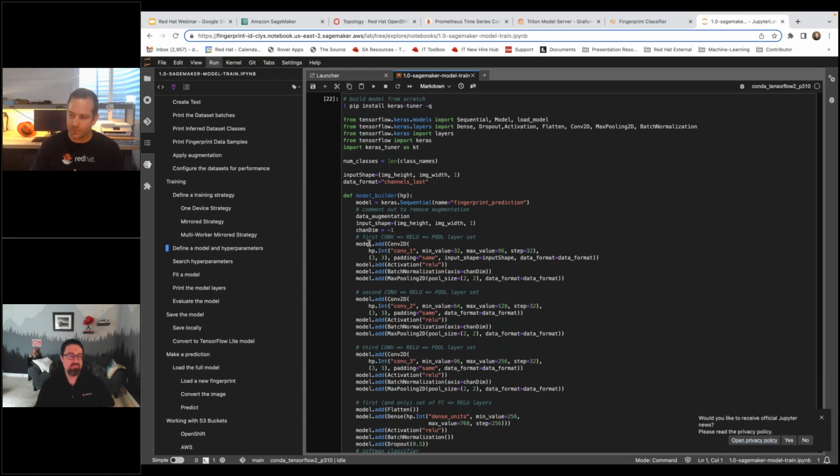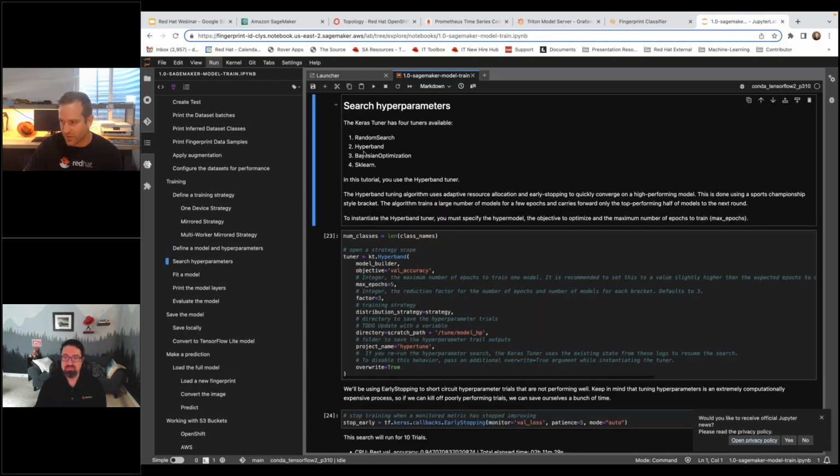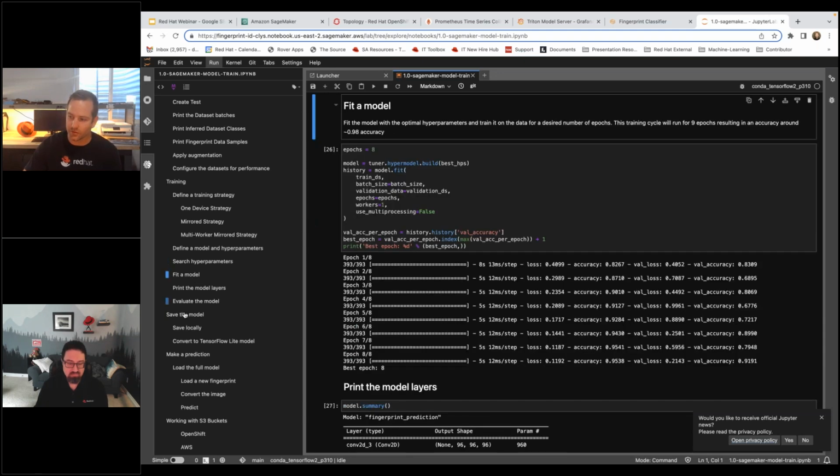You're also going to see the same thing most likely with your tuning and optimization. You're probably going to start doing that in the same step as far as searching. We have different strategies, and there's a bunch you can pick from. We ended up with Hyperband on this one, and you can see that's at least what we're calling here. We do the fitting of the model once those parameters are figured out, and then we save that